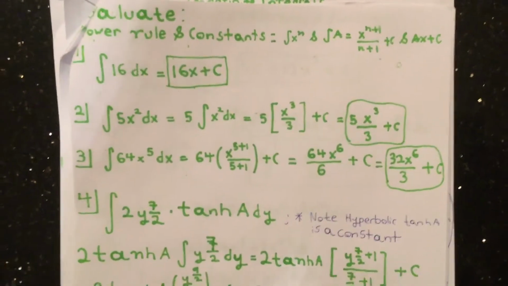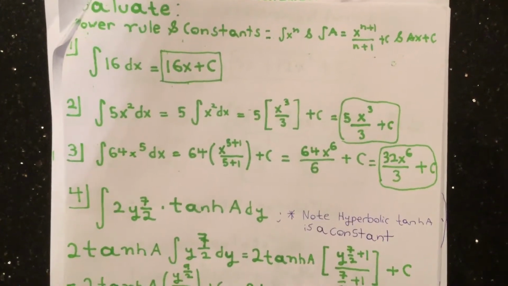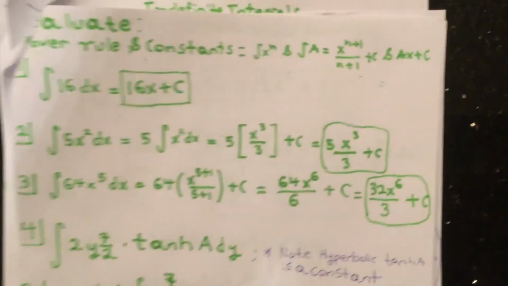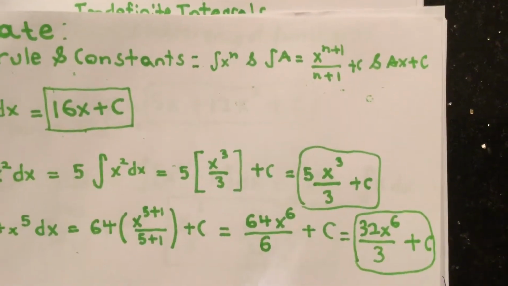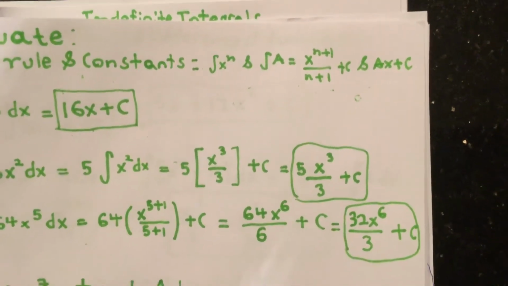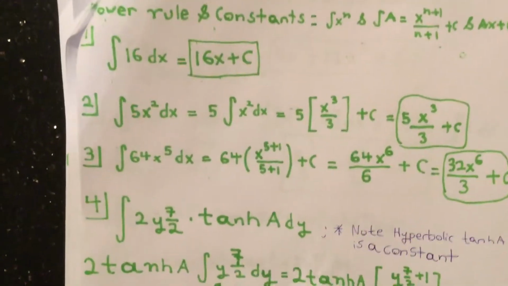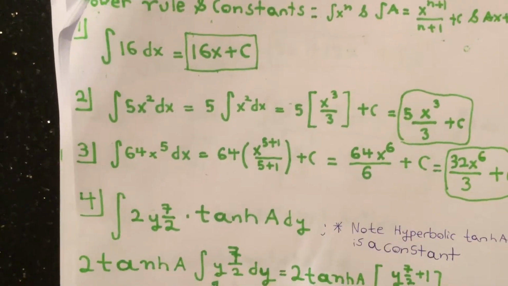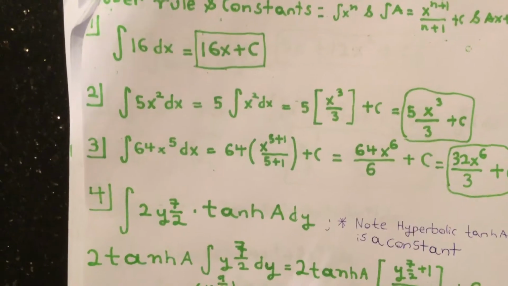Moving on, this section of indefinite integrals revolves around the power rule and the constants. As expressed here to your top right, the antiderivative of x to the n and the antiderivative of a have their respective formulas. Okay, so the first example, you are trying to integrate 16